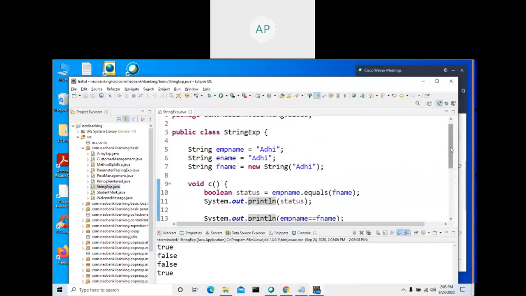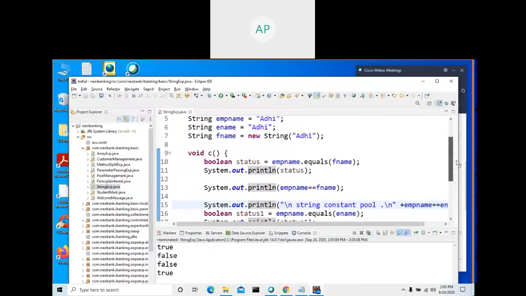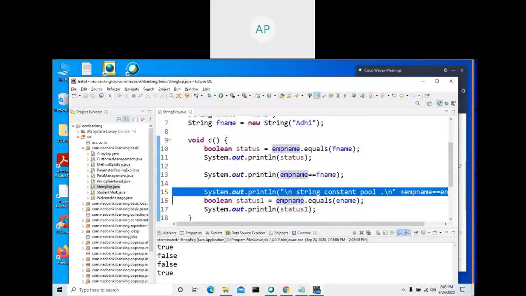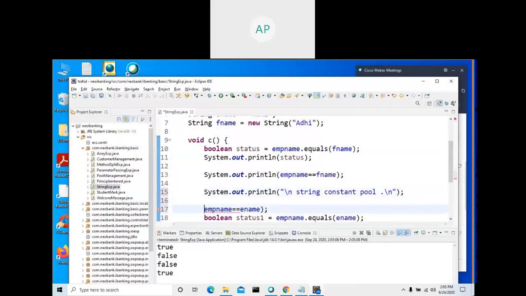Is there any error? Just a minute. True, false, false, true. Okay. So first we are checking EMP dot equals F name. It is returning false. Then here there is some error.